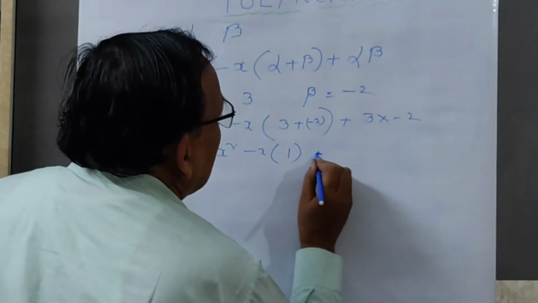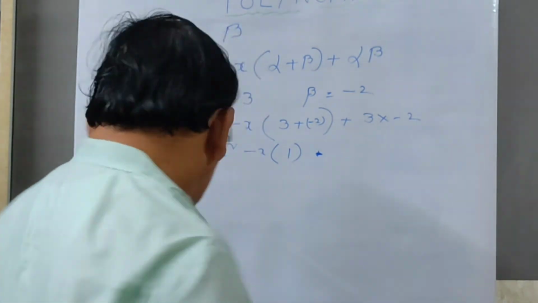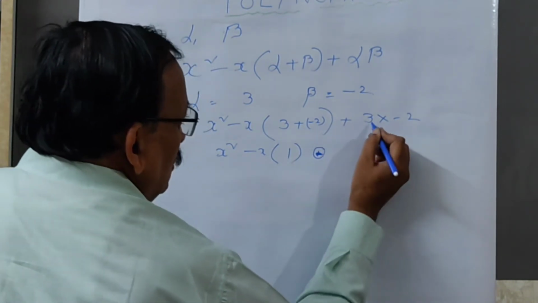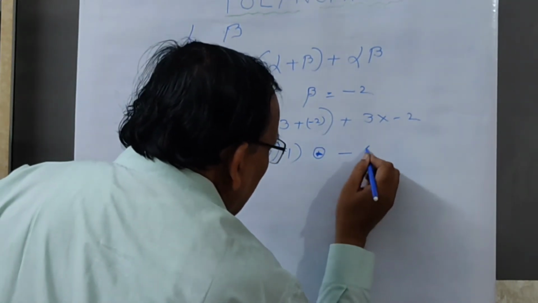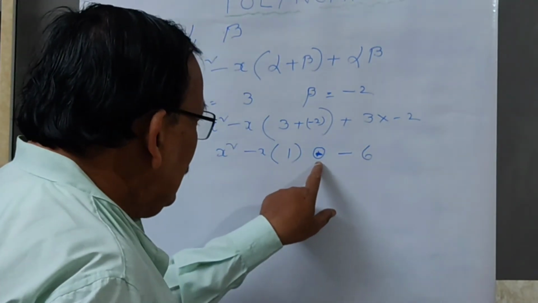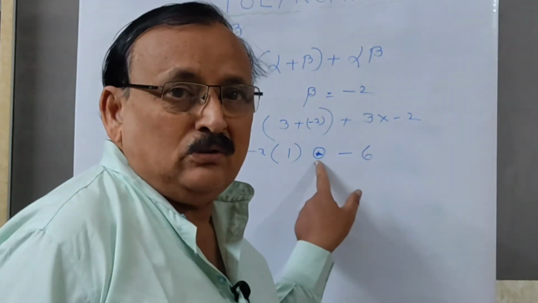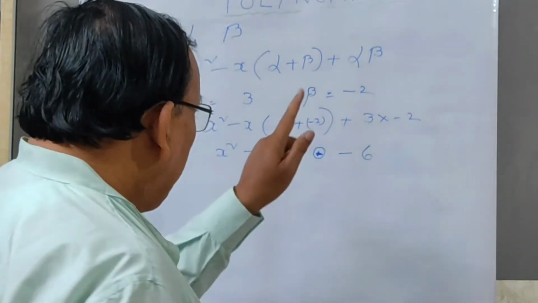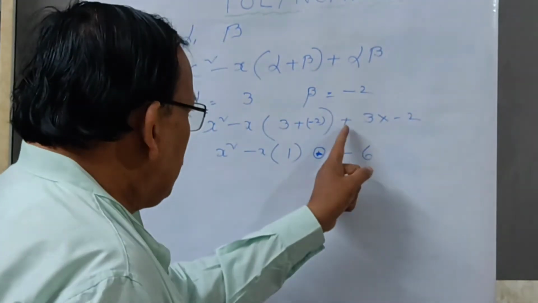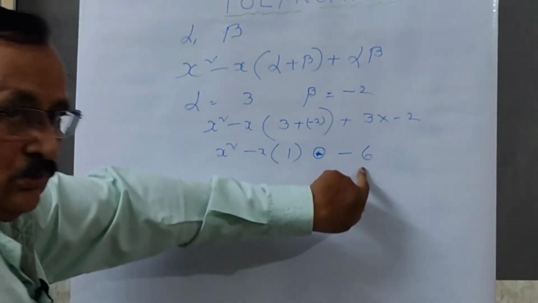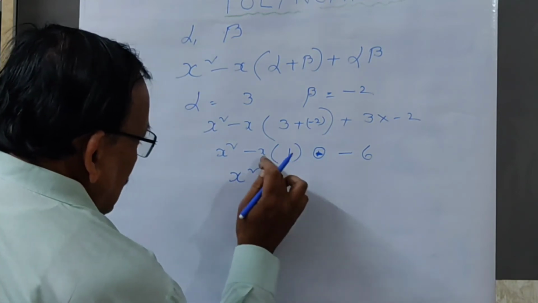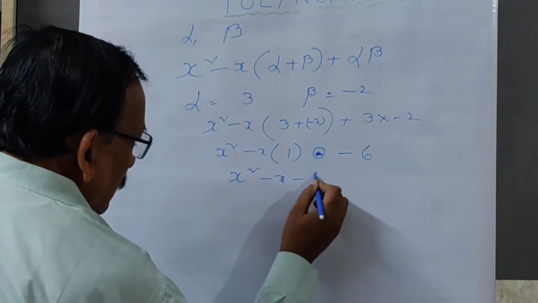Immediately you cancel like this. No, you should not do it like this. Instead of doing all that, we directly take 3 into minus 2, that is equal to minus 6. In the examination paper, these types of cuttings give a negative impression to the evaluator, so before presenting the symbol here, you have to think once again which symbol it is: plus 3 into minus 2, so directly minus 6. Now your final equation is x square minus x into 1 minus 6.